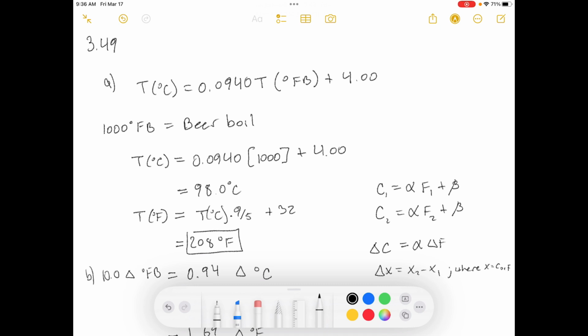Today we're working out of Elementary Principles of Chemical Processes, 3rd edition, and we're doing problem number 3.49. The problem statement says, a temperature scale that never quite caught on was formulated by the Austrian chemist Johann Sebastian Farblanget. The reference points on this scale were 0 degrees Farblanget, the temperature below which Farblanget's postnasal drip began to bother him, and 1000 degrees Farblanget, the boiling point of beer. Conversions between degrees Celsius and degrees Farblanget can be accomplished with the expression, and then I wrote the expression here.